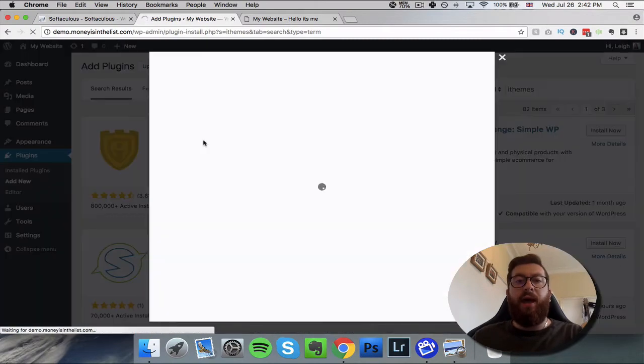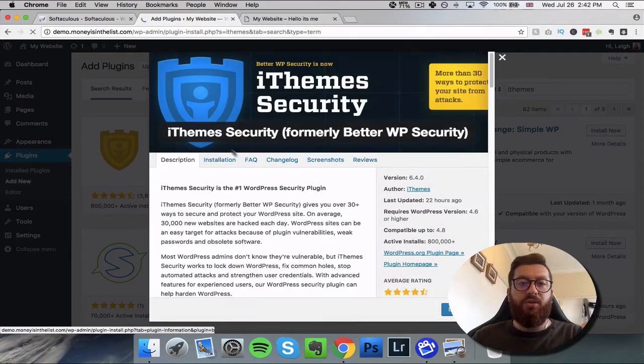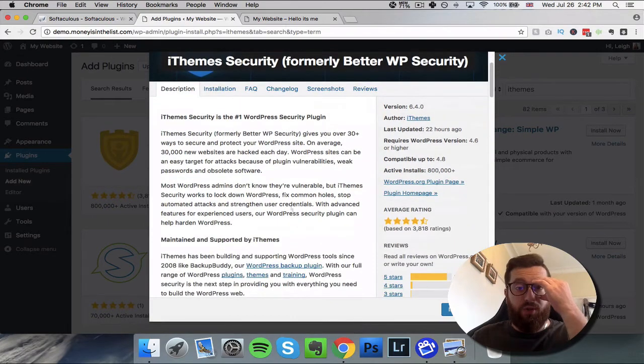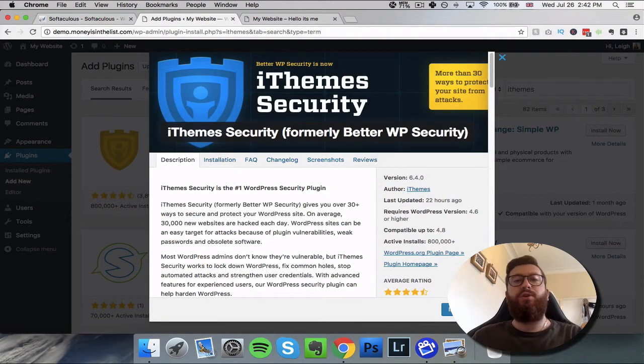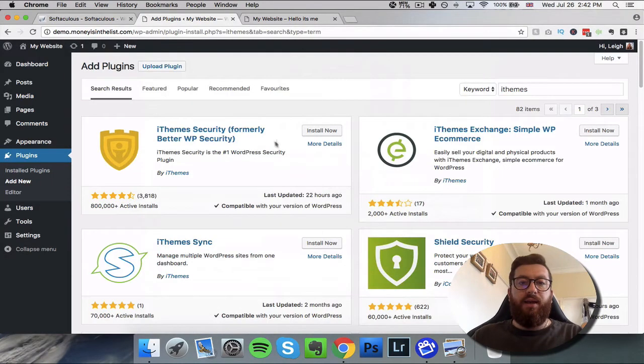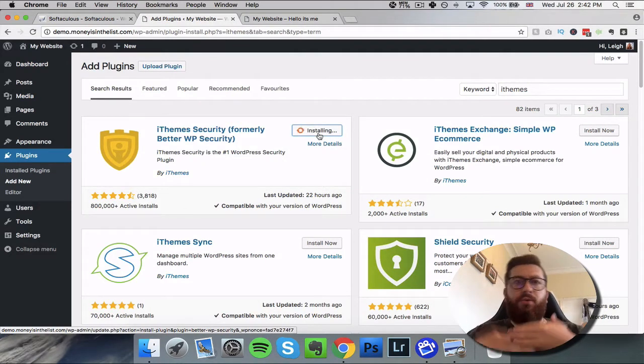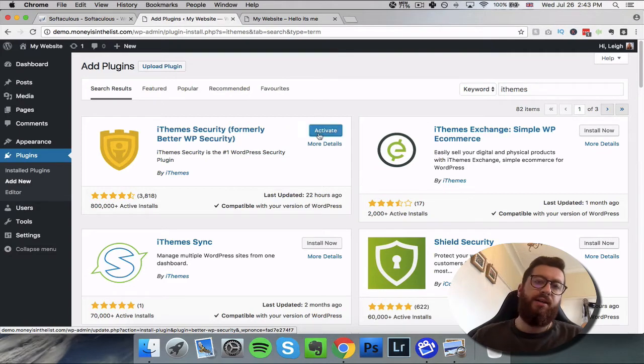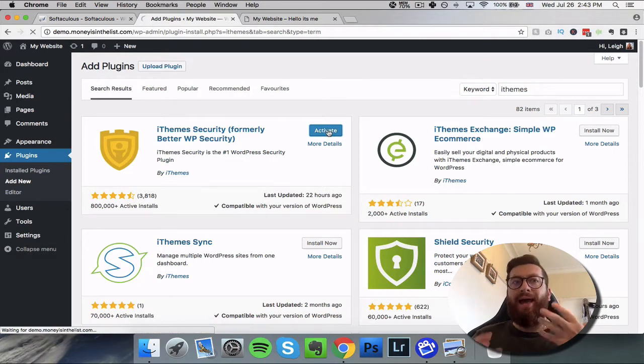Now we can click on that and that will bring up a pop-up box with some information here that we can read if we want to. We can see the reviews, we can see the screenshots, okay? Or we can click install now, or we can close it by clicking the X and just install it likewise. So I'm just going to click install and it's going to go through the process of installing iThemes for us. It just takes a few seconds. Then once it's installed, you need to click on the activate button to activate it onto your site. So once that's activated,